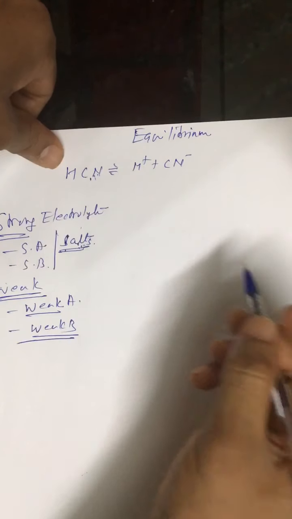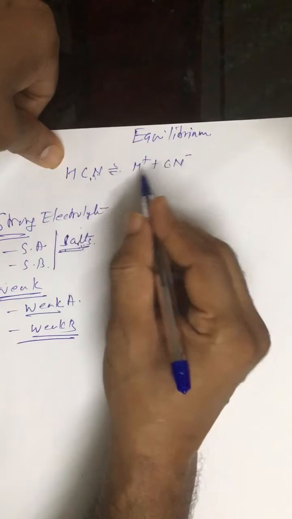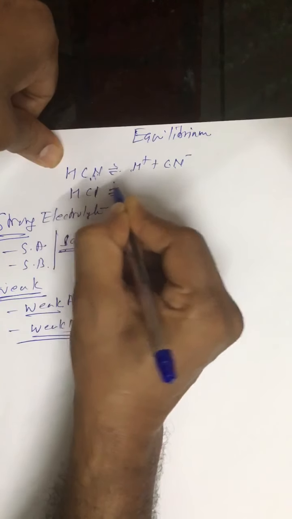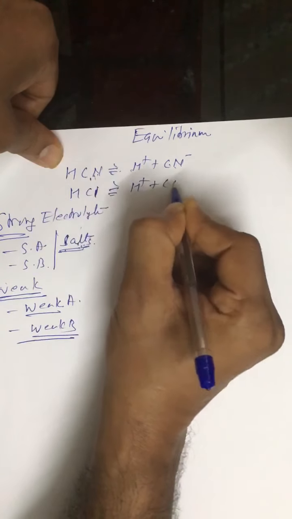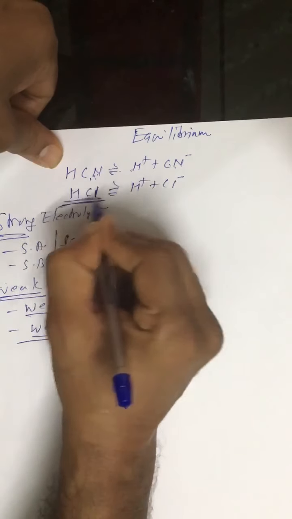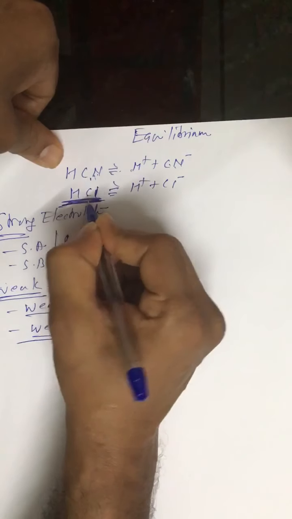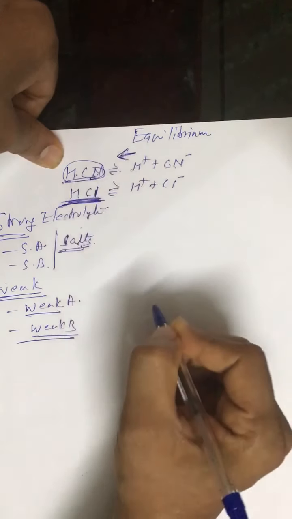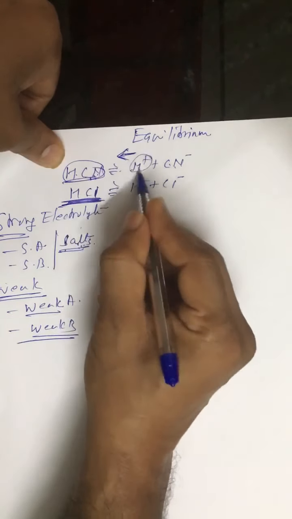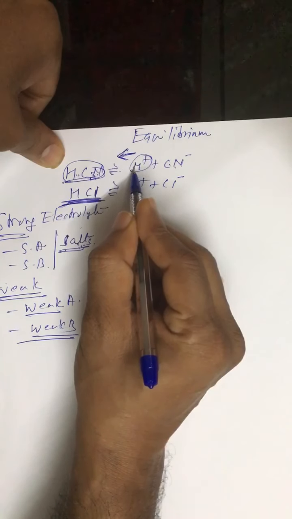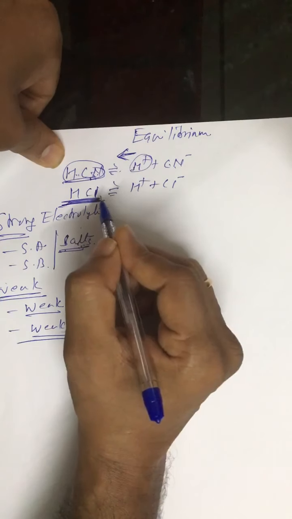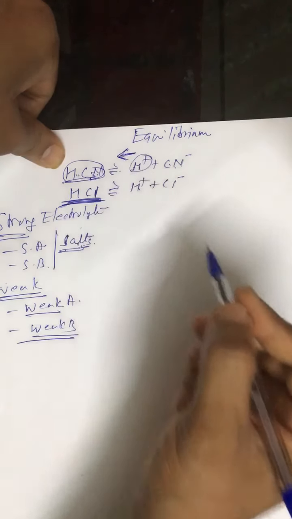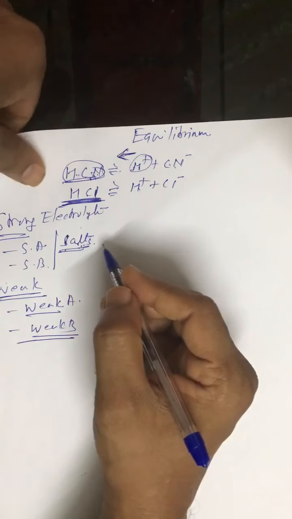All right. So the point is, in HCN, if we add HCl, HCl is a strong acid. So what will happen? In the presence of the strong electrolyte HCl, ionization of the weak electrolyte HCN is suppressed. That means the H+ provided by HCN in the solution in the presence of HCl is almost negligible. Alright, so this is called the common ion effect.